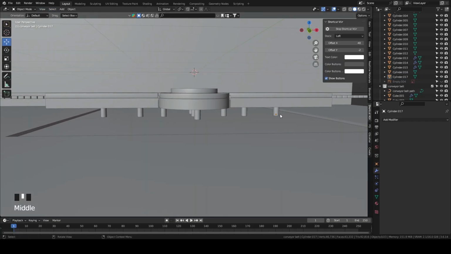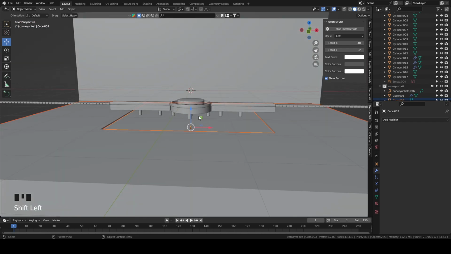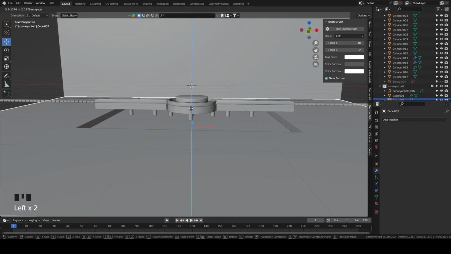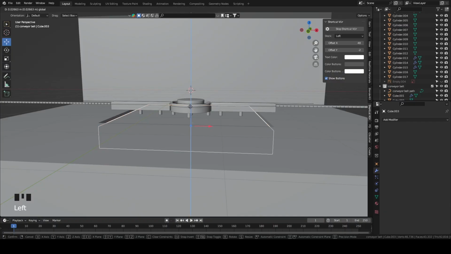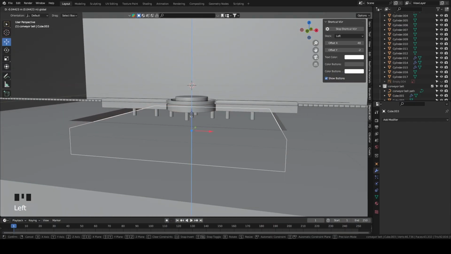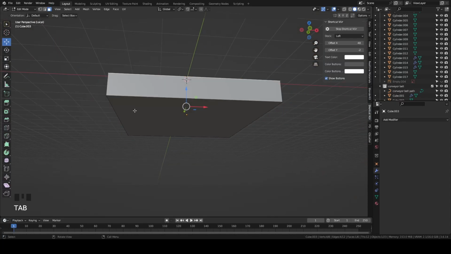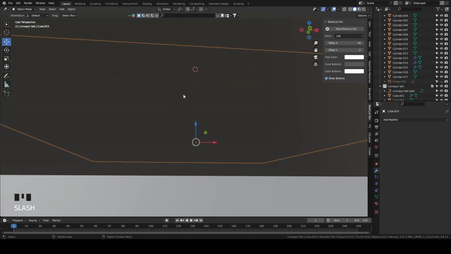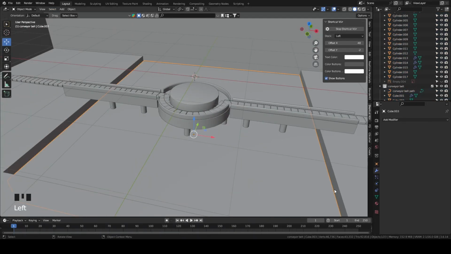I think this should have been a lot more upwards. But let's keep this over there and I'll just get this face and pull it upwards a bit so they don't intersect. And let me see. I think